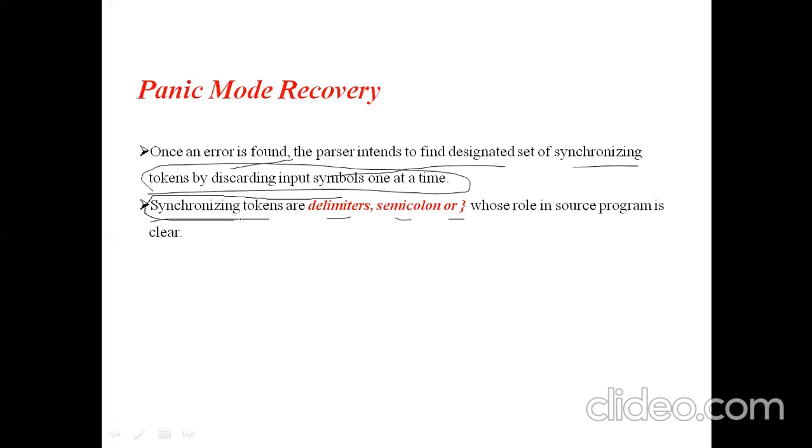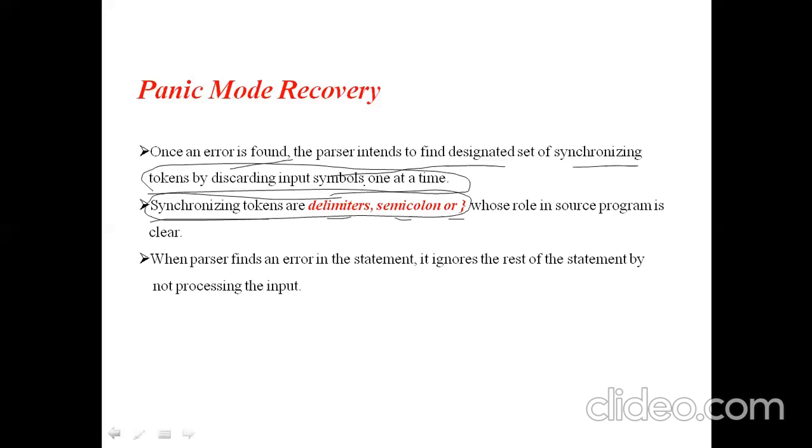Because generally we forget to give a semicolon at the end of the line, or a comma, or double quotations. Until these synchronizing tokens arrive, it will discard all the input symbols, character by character.